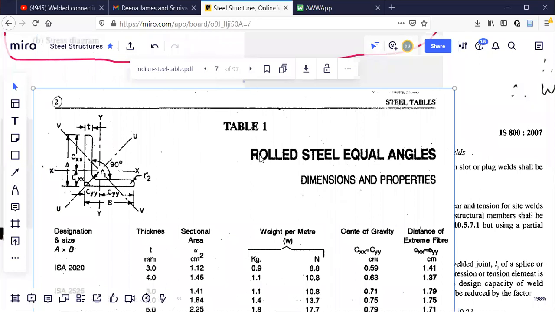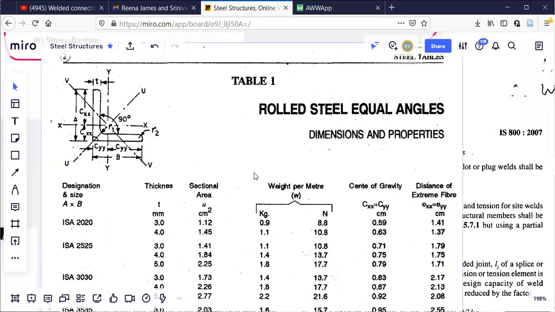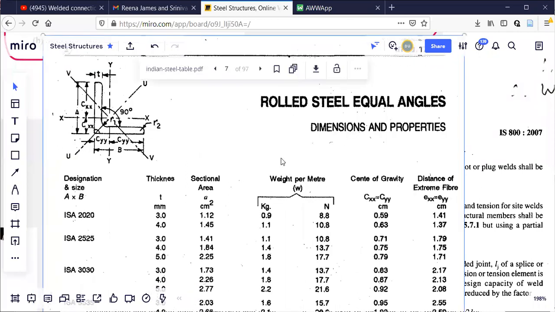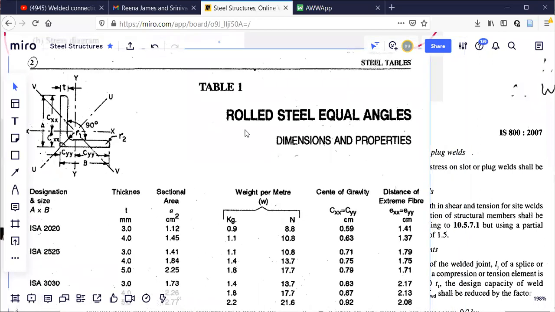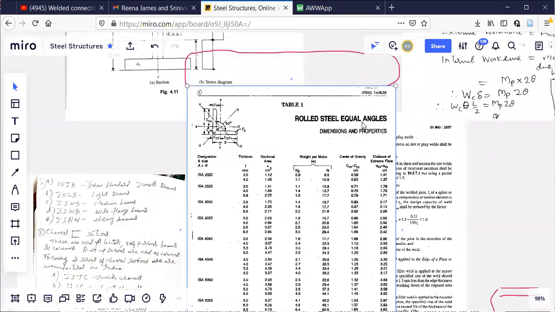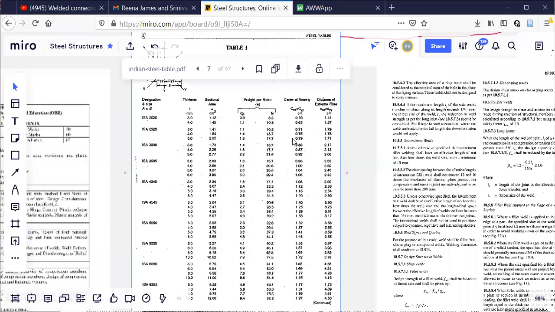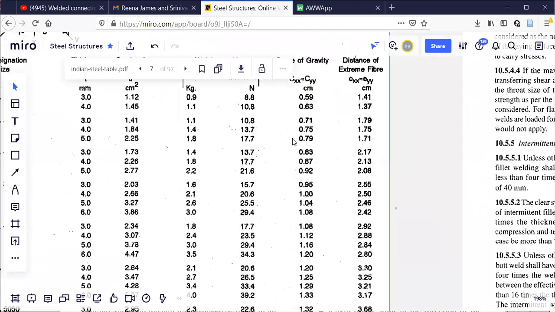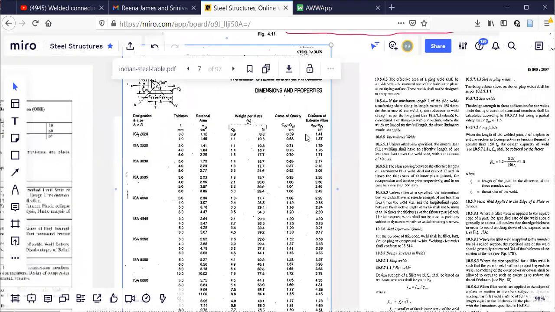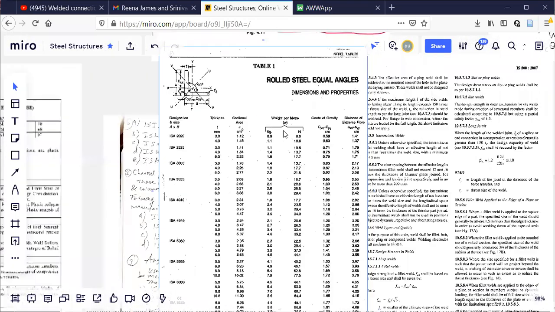For example, I start with table number 1. So you read this table 1, rolled steel equal angles. If you are having that book, it is better to open it, or else you can see here. I'll open in some other software because I'm not able to see all the columns here.